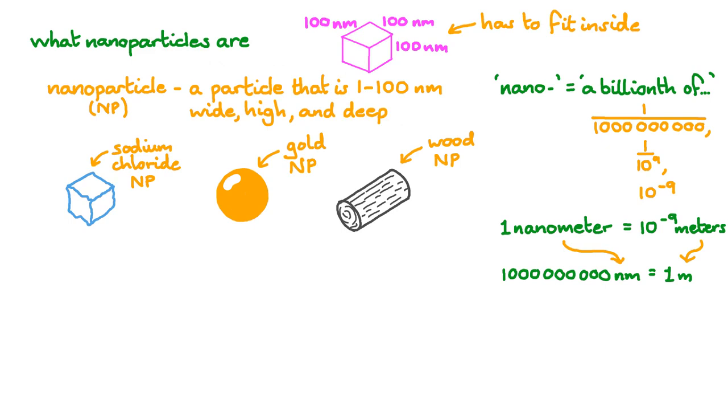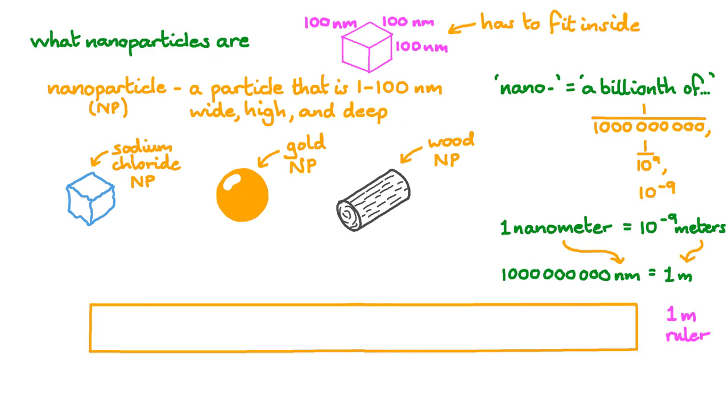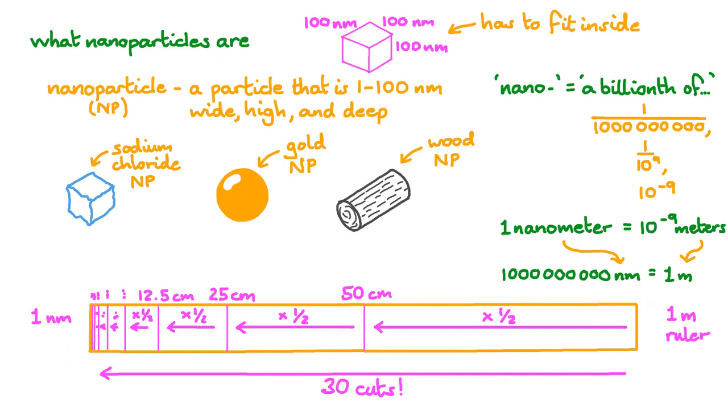Some nanoparticles are actually single molecules. There's a form of carbon called Buckminster fullerene, which is a perfect shell of 60 carbon atoms that's about 1 nanometer across. But exactly how small is a nanometer? Well, let's start with something you can imagine, a 1 meter long ruler. Cut it in half, and what you'll be left with will be 50 centimeters long. Halve it again, and it's 25 centimeters long. If you keep on cutting and halving, you'll eventually get to something that's 1 nanometer long, and that will take